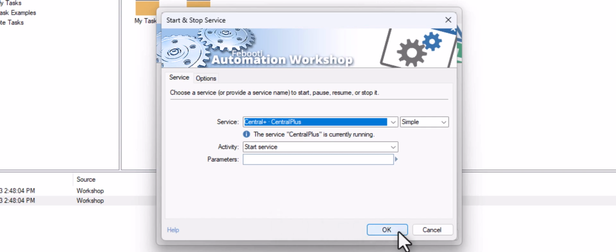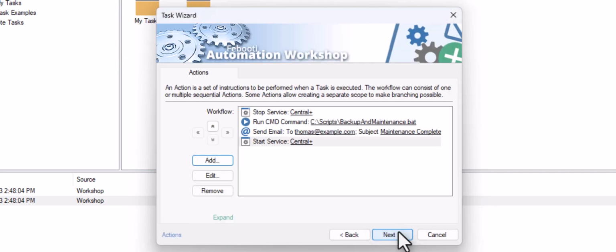That's it. To recap, we have set up 4 actions: to stop our service, to perform the backup and maintenance, to send a log file by email, and to start the service again.